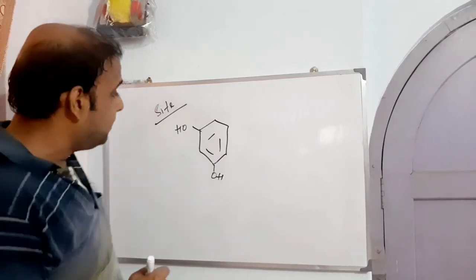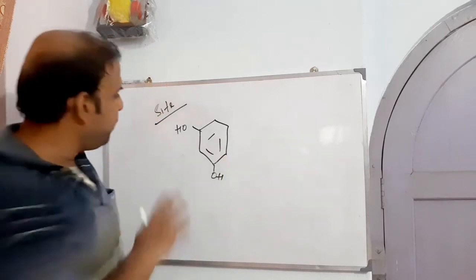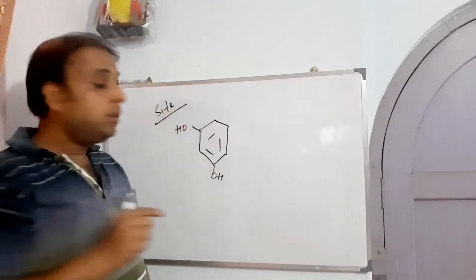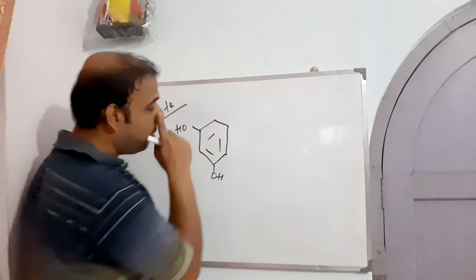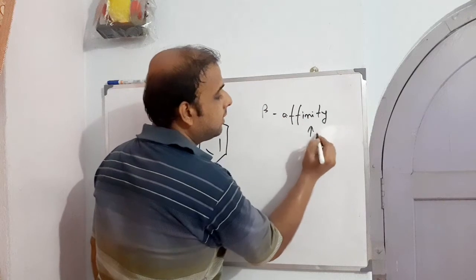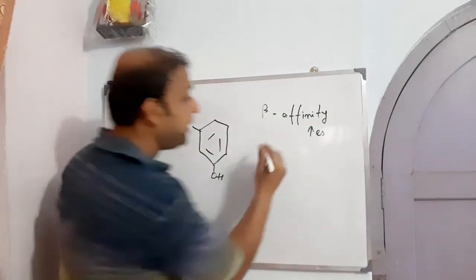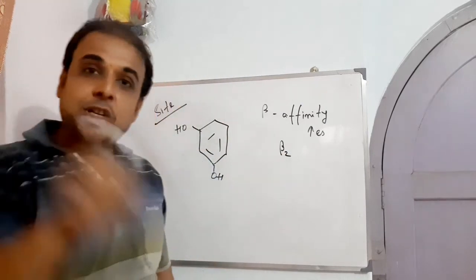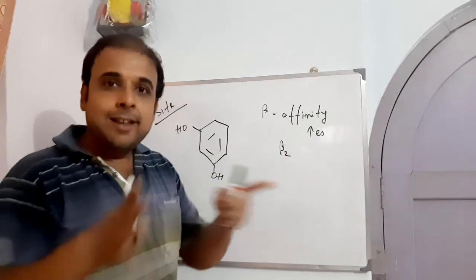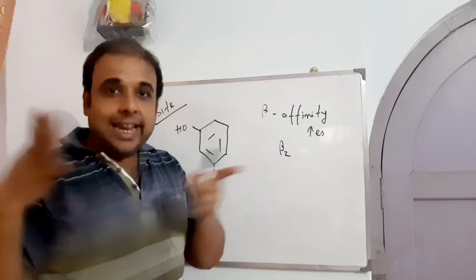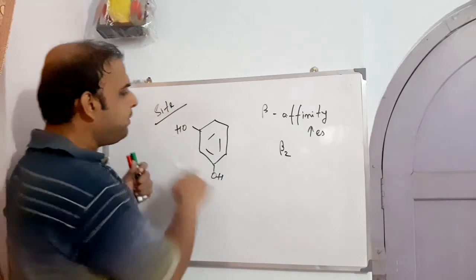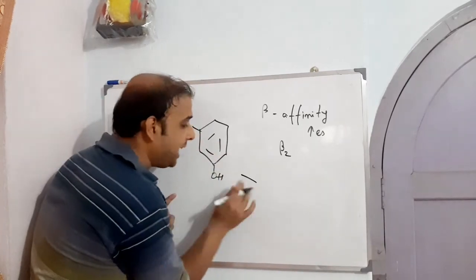So what they observed is that, keeping everything same, if we just alter the position of the catecholic hydroxyl from para to meta, what happened? They found that beta affinity increases, and preferentially beta 2. That means again we can avail the service provided by beta 2 stimulation. That means bronchial expansion can be exploited in dealing with asthma. Chalo. And we have a drug called terbutaline, or we can say metaproterenol.